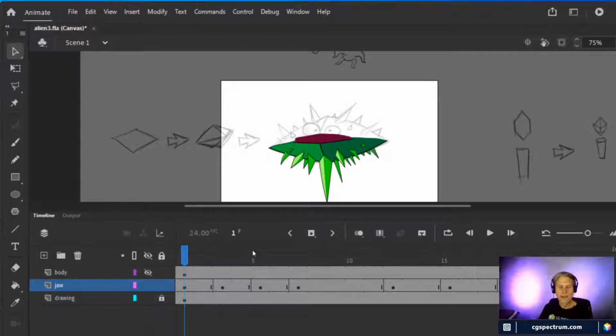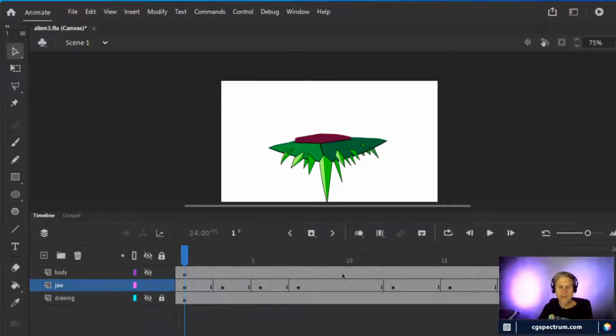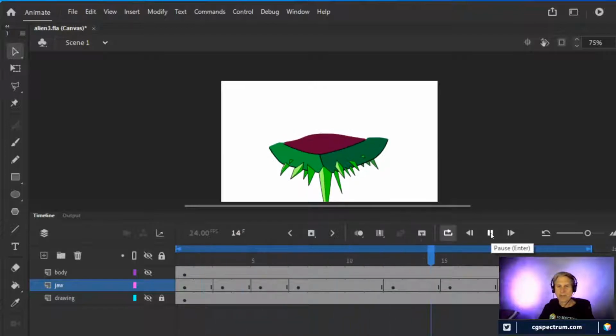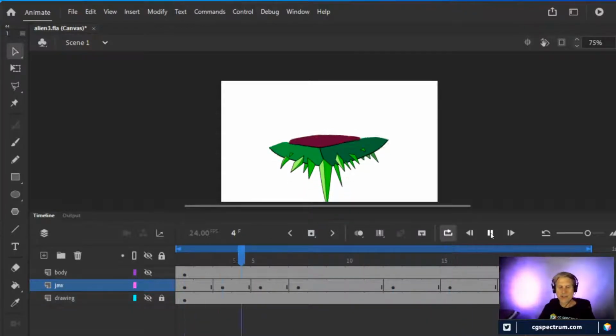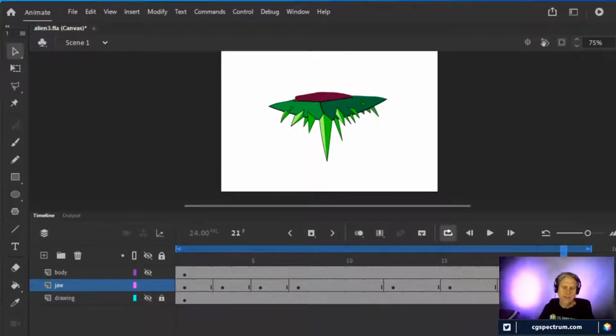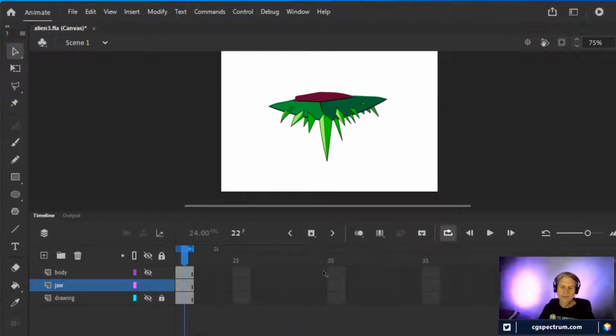So you can see, if I turn off the drawing layer and just play the mouth shape, it looks pretty sloppy, right? Well, that's because I knew a lot of it wasn't going to show once I had the foreground head in place. So if I just play it now, you can see it's real junky, real sloppy, but I did it quickly. I did it really fast. And one of the things I did to economize was I actually cut and pasted each of the jaw's bones. In fact, it looks like there's a stray bit there that I left off, or maybe that's just an error.